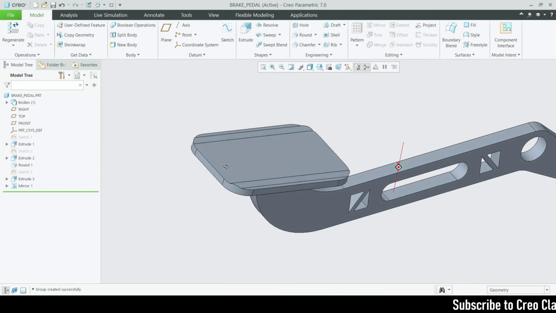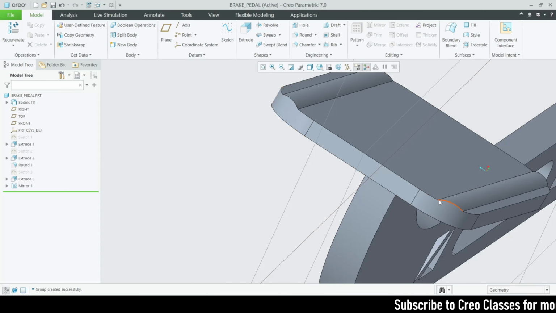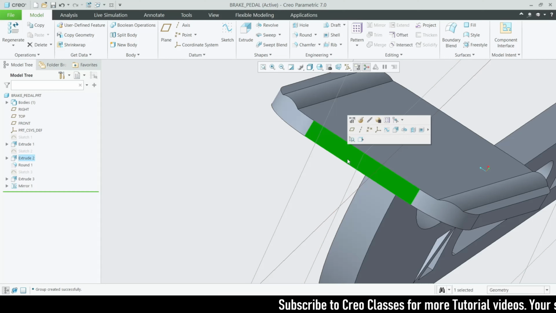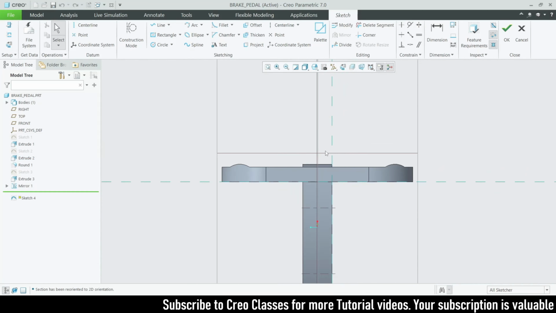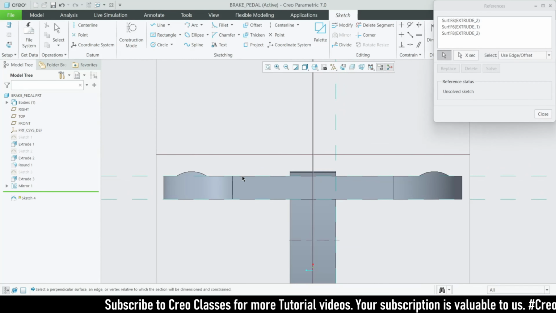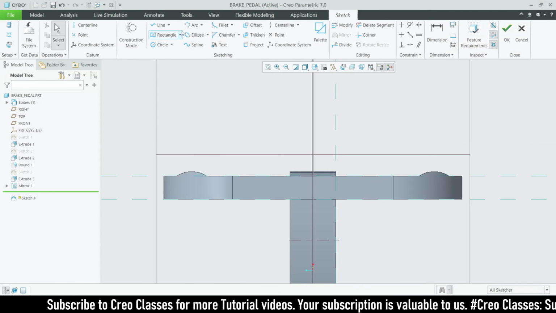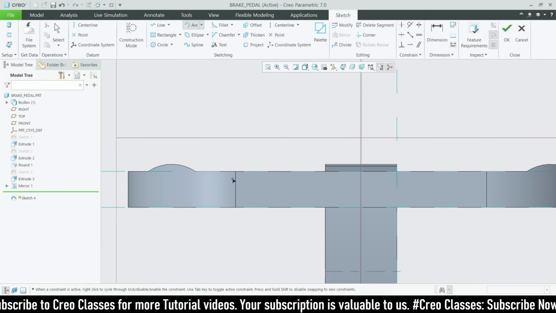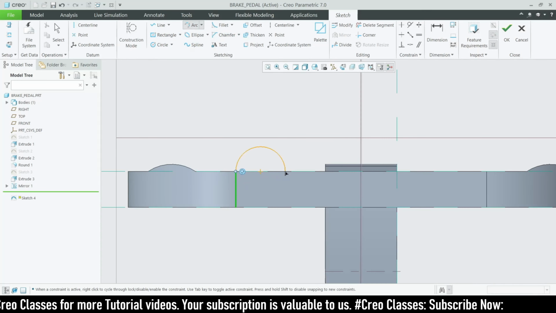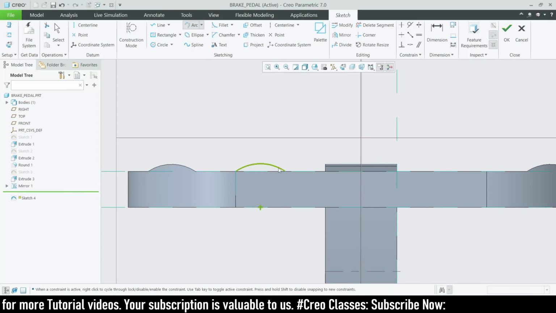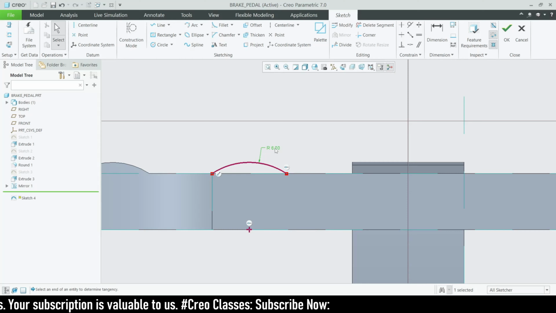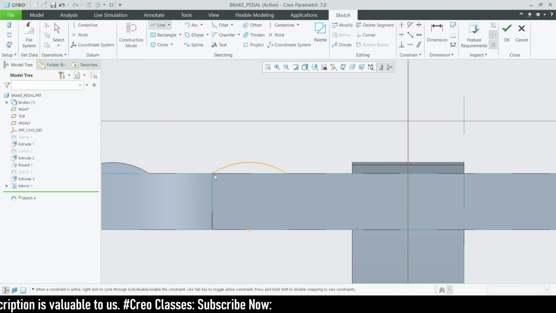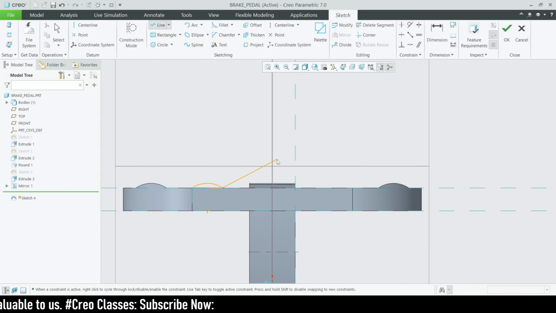So now we have created this extruded part for these two curved edges, but we need to create this for this flat surface. Okay, so let's go for the sketch and let's go for the sketch view. Here we need to do the same again with this as a reference and the same 3-point tangent arc from this to this, up to this center point as a reference, and this radius value as 6, and yeah, this is okay